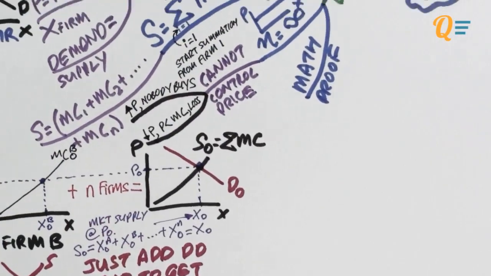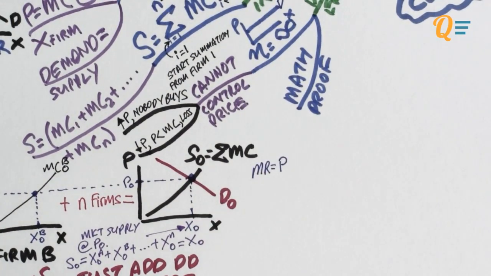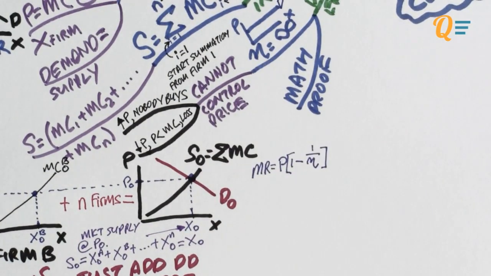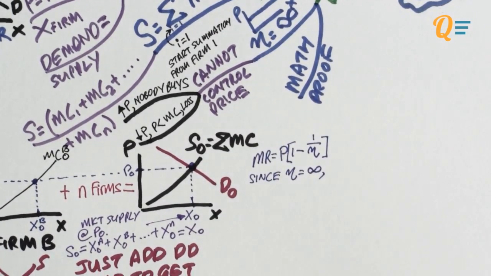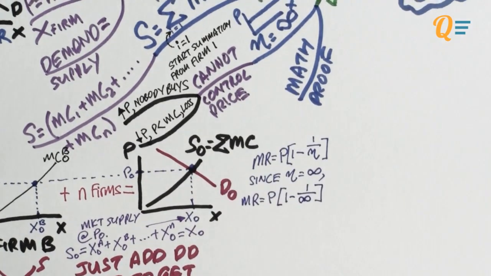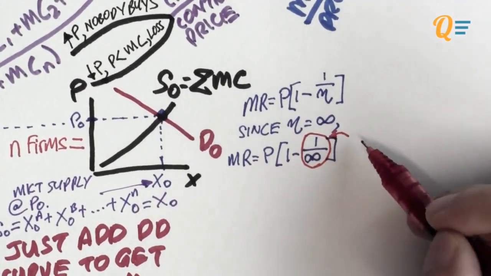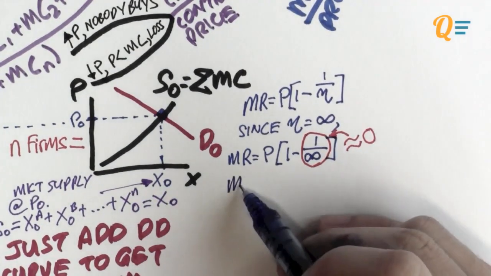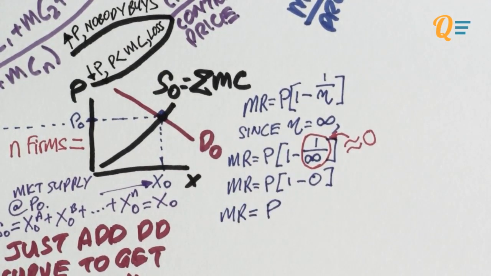Now, let me show you the mathematical proof on why this is the case. I hope you remember this equation from the previous video on the monopoly. This is the formula to find your marginal revenue. You know that the demand to each firm is perfectly elastic. Therefore, the PED, or price elasticity of demand, is going to be infinity. You might be wondering, how do I divide 1 by infinity? If you take a really small number and divide it by a very big number, chances are it is going to be near 0. So we just take that as 0. Completing the mathematics, I realize that marginal revenue is actually the price.